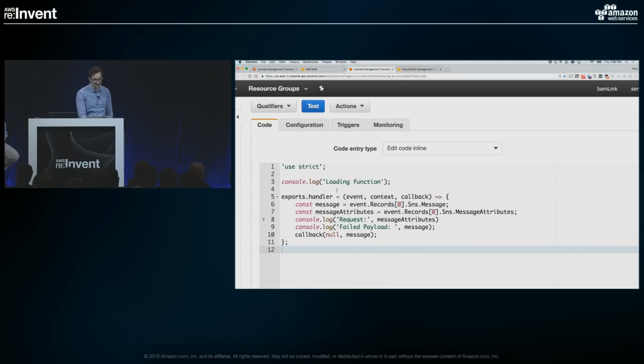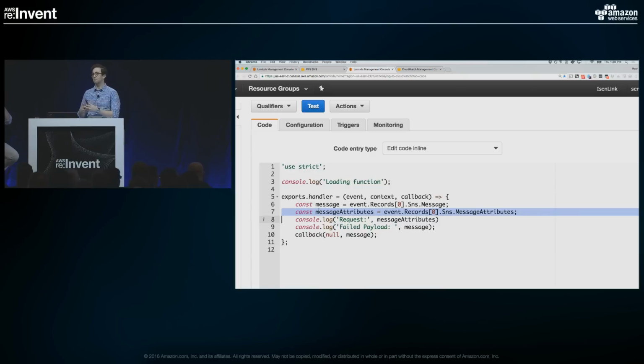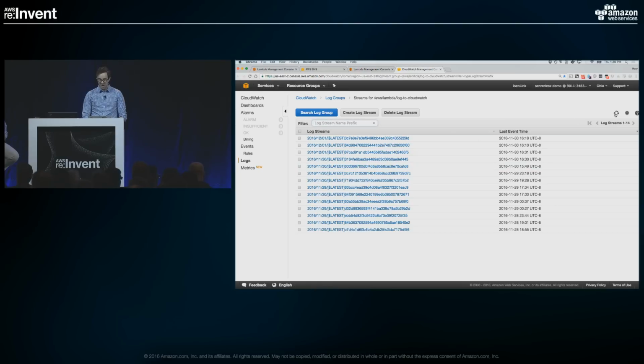So here's the result. I'm taking this message. This is the payload that caused the error. So this is actually the invoke payload into my asynchronous event. Here is this message attribute, which will actually contain the error that was thrown by the invoke. And I'm just outputting that as CloudWatch logs. So we go to CloudWatch right now. I've been invoking this a little bit in the background, so we'll just wait for this to come out. But in a second, we'll see that the CloudWatch logs will display all those different areas.